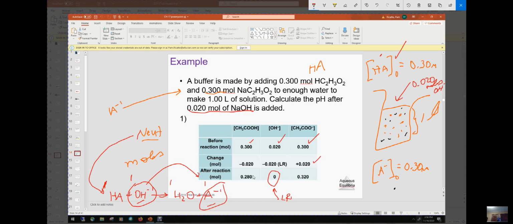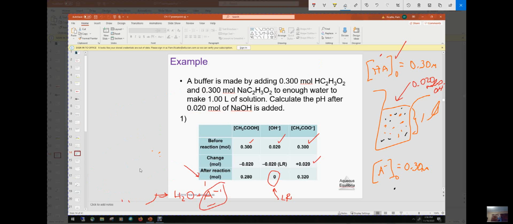I can take these numbers, if I put them back into concentration in molarity, I can put them into the Henderson-Hasselbalch equation. So I'll do that on this page for you, okay? The Henderson-Hasselbalch equation is a way to calculate the pH of a buffer solution. You see, guys, the product after the neutralization is a buffer solution. Look, a buffer solution is a solution that has an appreciable amount of the acid and its conjugate base together